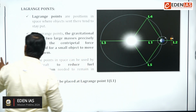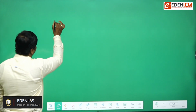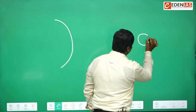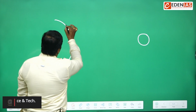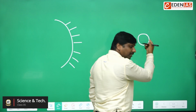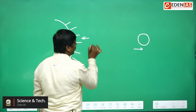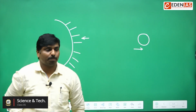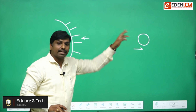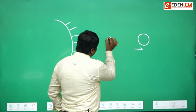Let's say, for example, this is the Sun, and this is the Earth. The Sun will have its own gravitational force, and Earth also will have its own gravitational pull. Now, what does a Lagrange point mean? It is a place somewhere, not exactly in the middle or on this side or that side. It would be somewhere where we place one small object